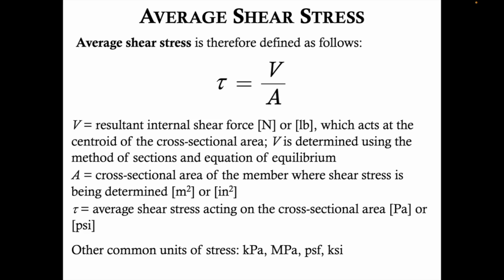Average shear stress is therefore defined as follows, where we have the Greek letter lowercase tau representing shear stress, equals V over A, where V is the resultant internal shear force, typically measured in newtons or pounds. Uppercase A, just as we saw in the equation for sigma, equals the cross-sectional area of the member where shear stress is being determined. And tau is the average shear stress acting on the cross-sectional area, which would often have units